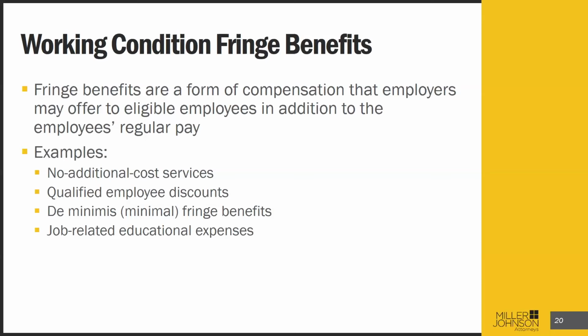Qualified employee discounts can be working condition fringe benefits. This would be a discount on something that the employer would typically sell in that employer's line of business. So let's say an employer is in the business of selling toothpaste. If the employer wanted to sell its toothpaste to its employees at a discount, the employee would not have to include that discount